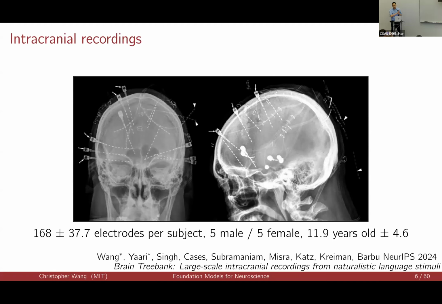But these electrodes are great. You can see them as bright spots on this CT scan. They directly record the electrophysiological activity of the brain at a high temporal resolution of 2 kilohertz and with a spatial receptive field on the order of tens of thousands of neurons. Really high quality data. Unfortunately, when it comes to neuroscience of language experiments involving this data, they're often very small.